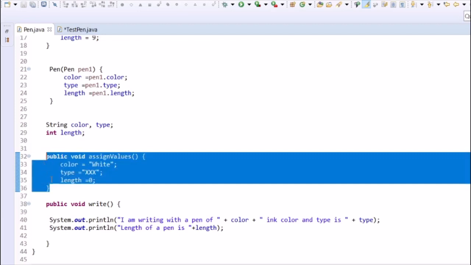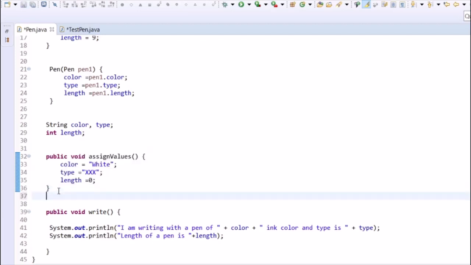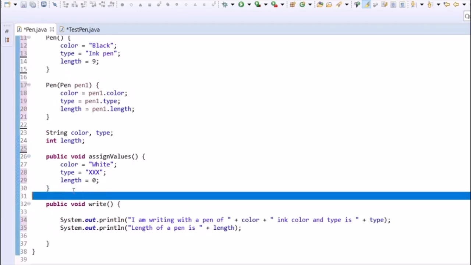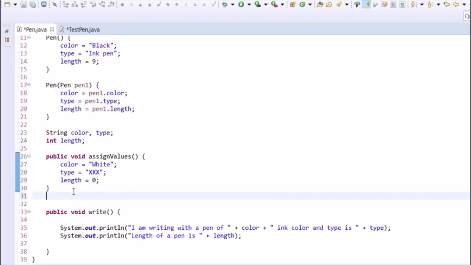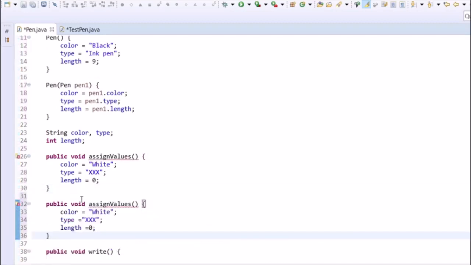Similarly, we can define one more method, assign values with string color, type, and length.